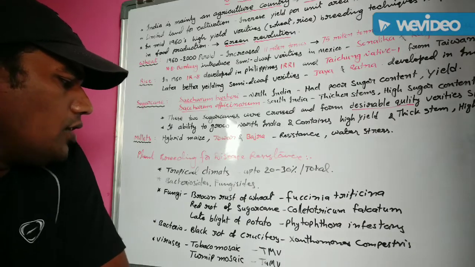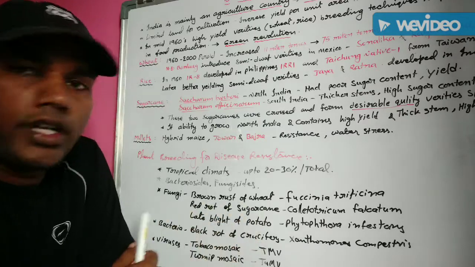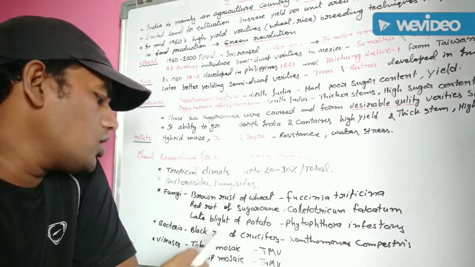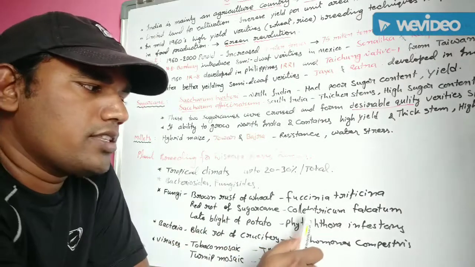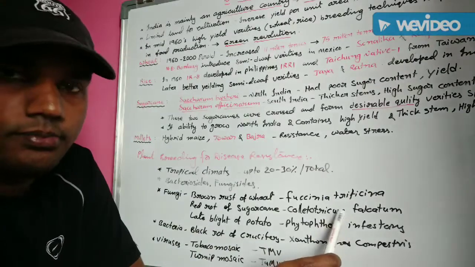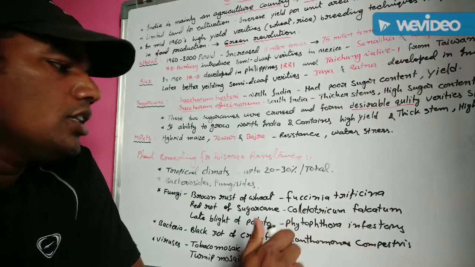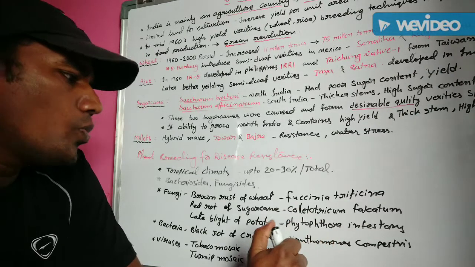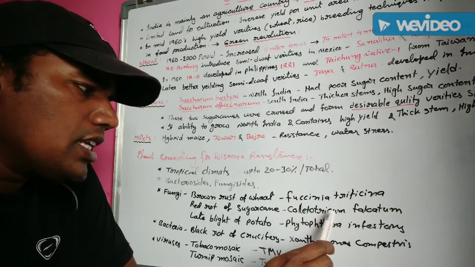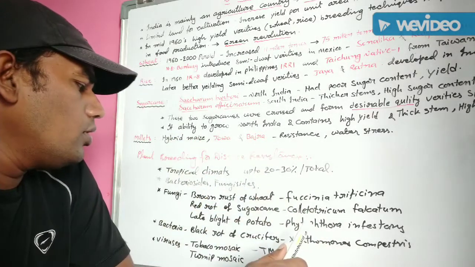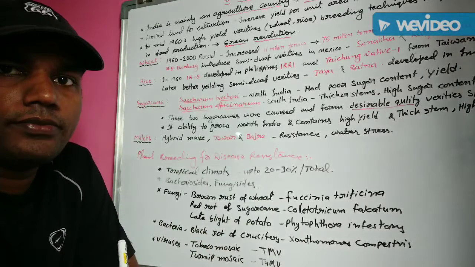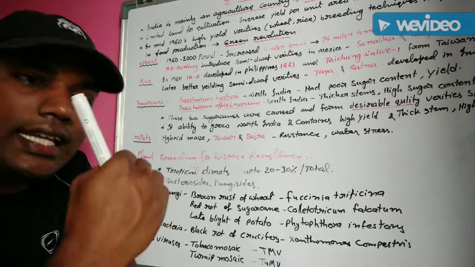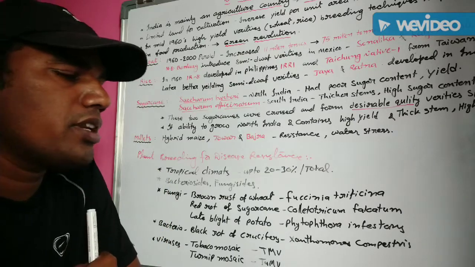A fungal disease of cultivated crops is the red rot of sugarcane. This red rot of sugarcane is mainly caused by a fungal organism, scientifically called Colletotrichum falcatum. This Colletotrichum falcatum forms basidiospores, which easily spread throughout the crop and the sugarcane field. So the red rot of sugarcane decreases the yield by up to 20 to 30% of the total